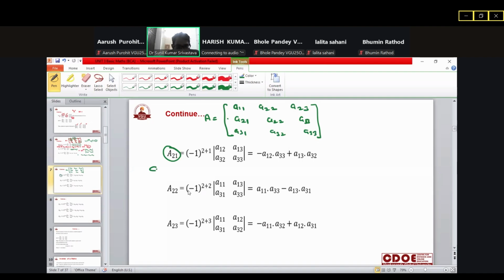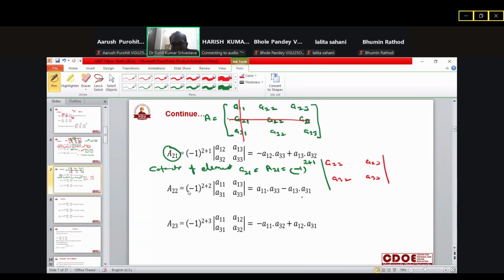What have I written here? The cofactor of element A21 is denoted by capital A21. How to calculate: minus 1 raised to the power, first of all, in which row? Second row and first column. And then we have to see in which row and column it lies, and remove those. It lies in the second row and the first column. Remove these, leaving A22, A23, A32 and A33, and solve this. That is the minus sign, and the value is